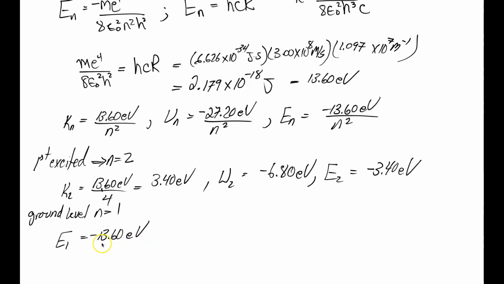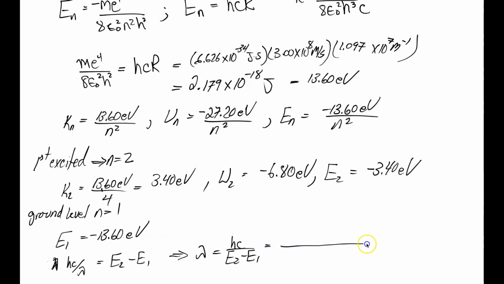And now we can use the equation that says h c over lambda equals the change in energies, E2 minus E1, and thus we can say that lambda equals h c over E2 minus E1,